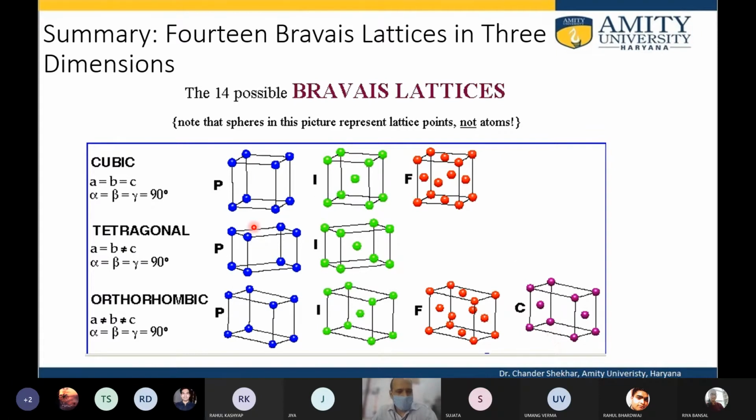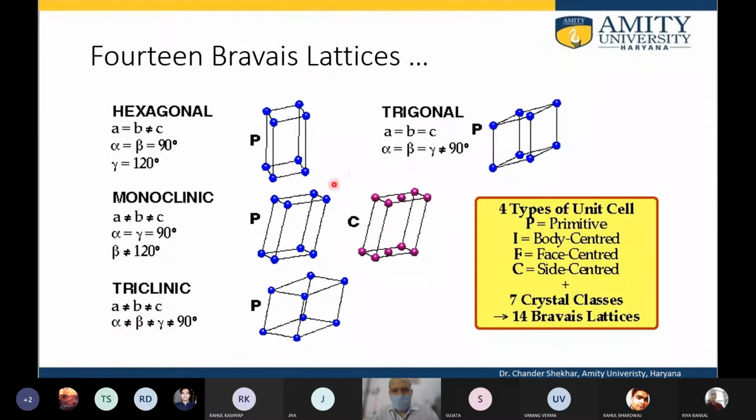in, say, cubic, tetragonal, orthorhombic and monoclinic. All others, that means hexagonal, rhombohedral or trigonal, and triclinic, have only the primitive Bravais lattice as the possible unique arrangement of the lattice points in the 3 dimensions. Okay, so these are the 14 lattices, and now